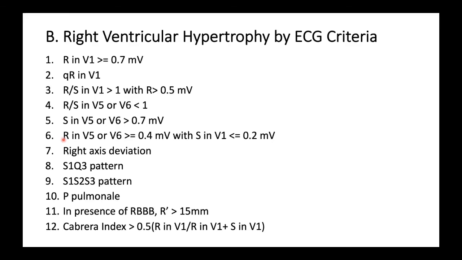So the first thing which you always see is a tall R by S. If V1 is having a tall R, the first thing you have to suspect is RVH. Now there are almost 6 to 7 differential diagnoses of a tall R in V1. Not every tall R in V1 is because of RVH, because there are other conditions, like sometimes if a patient presents with chest pain, it can be a posterior wall MI, or if you see that aVR is positive, there is a tall R in V1 and there is a reverse